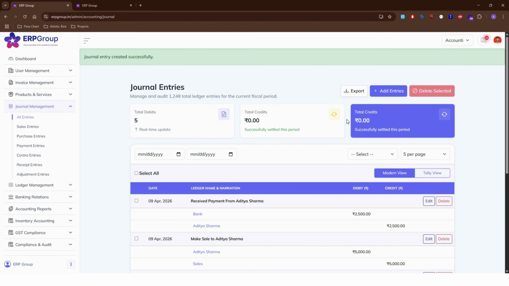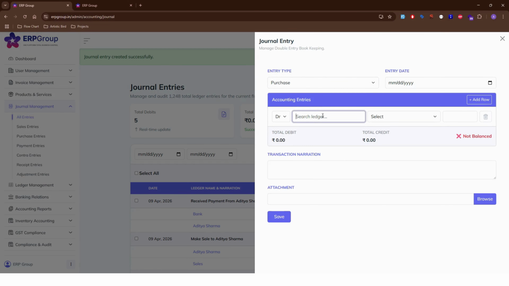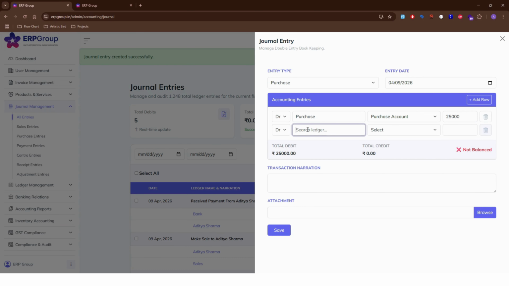Now if you purchase some goods and services from any vendor, here you have to select purchase and then you have to debit the purchase account, and then purchase, and then you have paid IGST also. So input IGST 5000 and